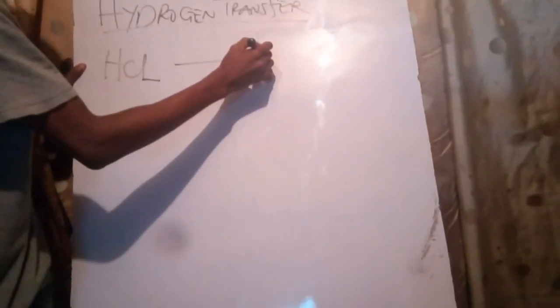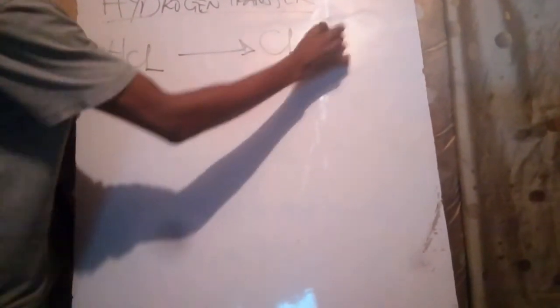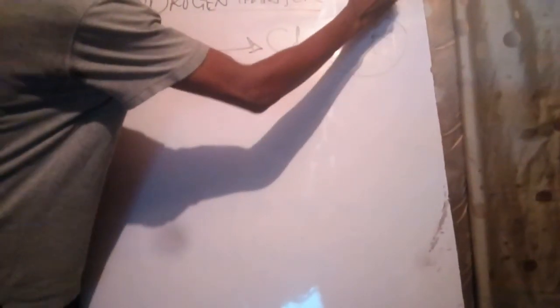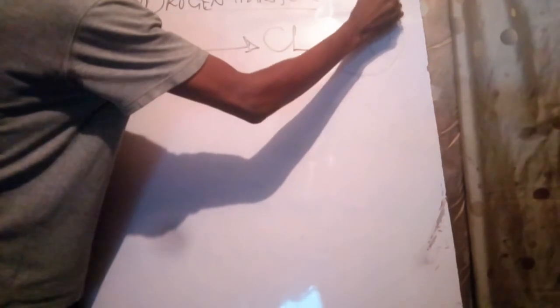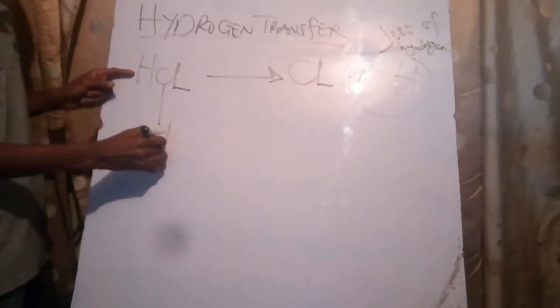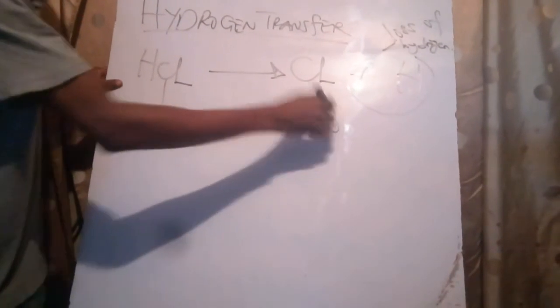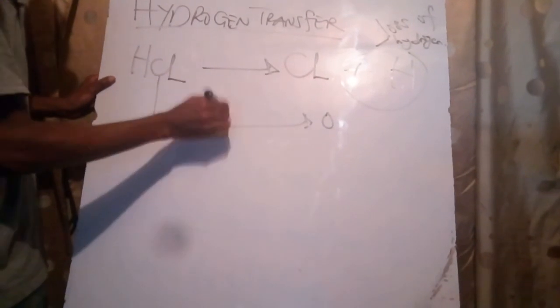Here, I'll be talking about the reverse of the process we just looked at, in which case we have HCl. I will remove the hydrogen from it so that chlorine will be standing alone and hydrogen will be removed from it. Here, there is a loss of hydrogen or a removal of hydrogen. Alright, now what happens to chlorine in this reaction? Chlorine here is -1. So chlorine here is 0. From -1 to 0, the oxidation number of chlorine has increased, and we call that